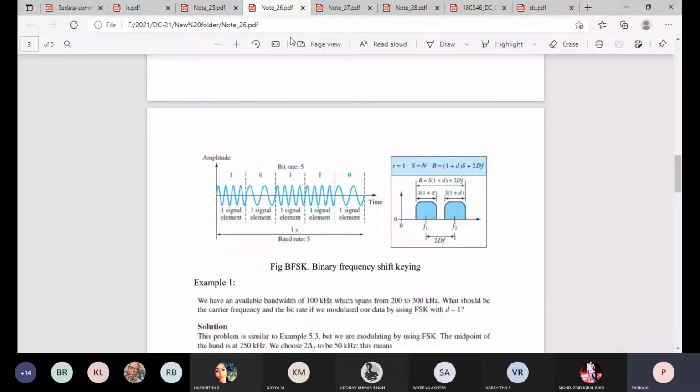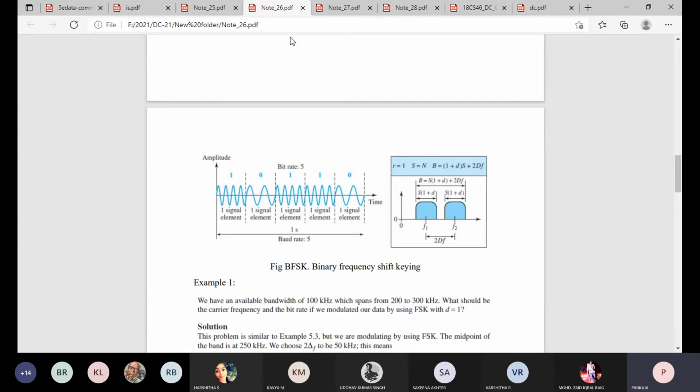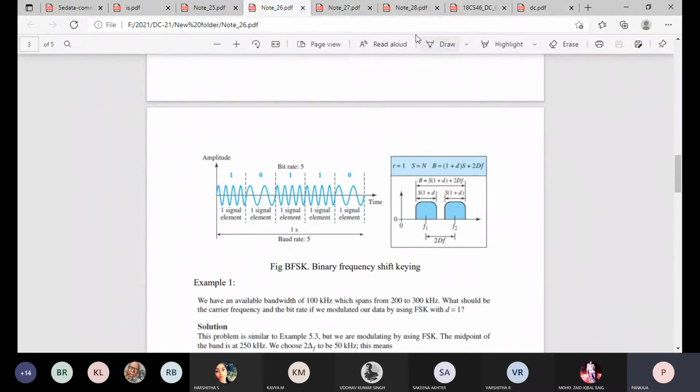When I say frequency shifting, if it is binary, then for each data bit it has to use a different frequency. There are also some conditions when following FSK, where there will be a minimum distance apart. The two frequencies should be 2 delta f apart. That is one condition you need to remember. Whenever the frequencies are selected, they should be 2 delta f apart, and each should be delta f from the mid frequency. If you are just considering a single frequency, it should be delta f apart.